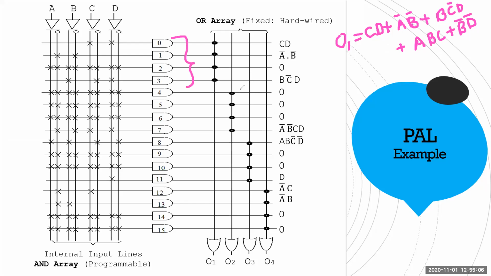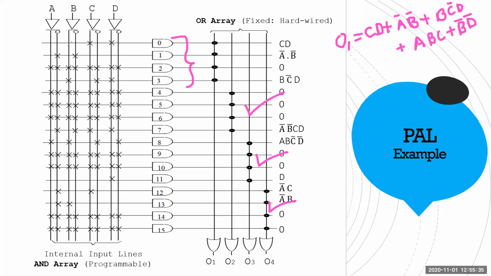So others are okay. This one is fine. So others O2, O3, O4, they are all fine. But O1 has 5 expressions, but I have given you this PAL. You cannot take a bigger PAL. What can you do? Is there anything you can do? Of course you have something to do. What is that? You have to use an external circuit.